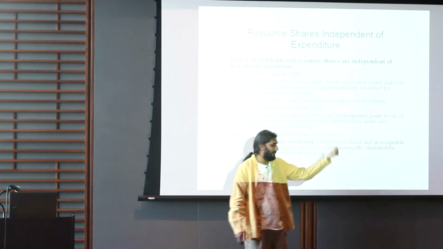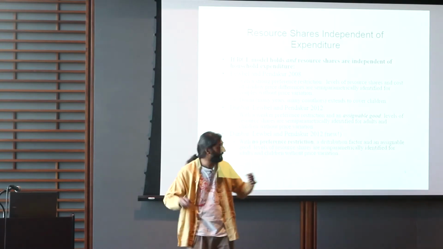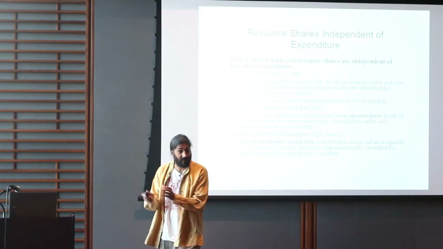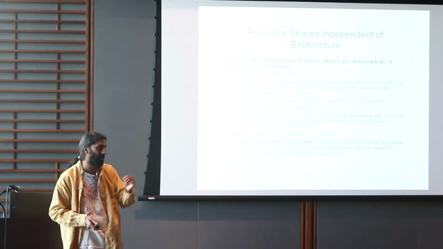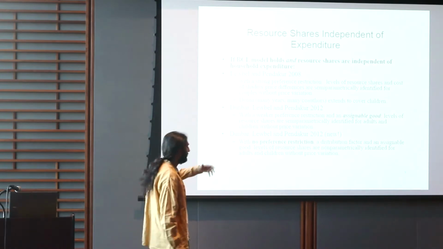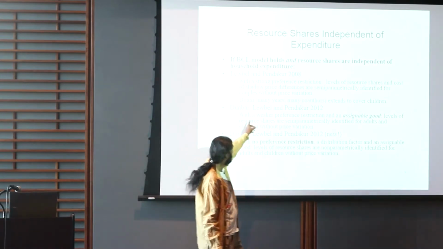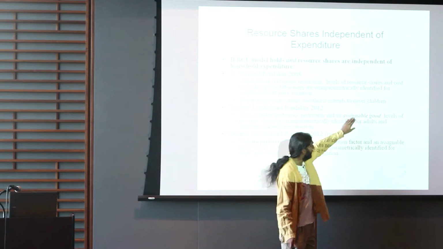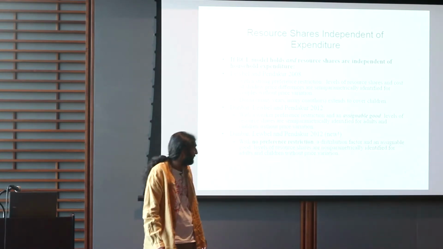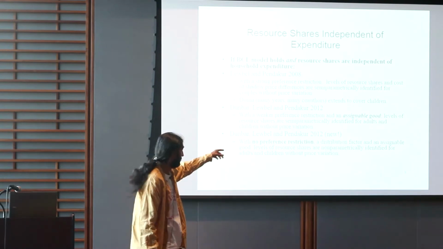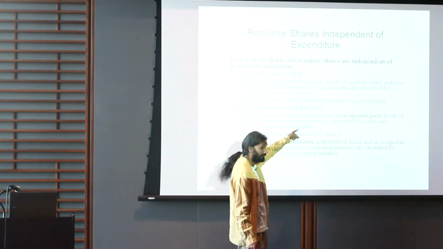So we're going to have men's clothing, women's clothing, and children's clothing in these data. But we're not going to have men's food, women's food, and children's food, so we don't have sufficient data to do the adding up version. We just have some data like that. If you give me a restriction on preferences and an assignable good, then levels of resource shares are semi-parametrically identified, and I'm going to say what that means in a few minutes,